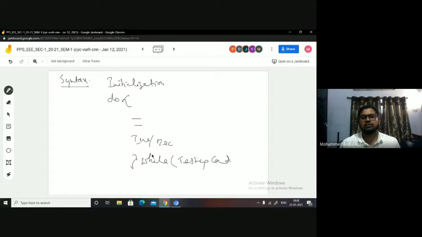This is a must. Then you put a semicolon here. You don't put a semicolon for any other conditional statement, but for do-while you terminate it with a semicolon. Then you will have the next statements.